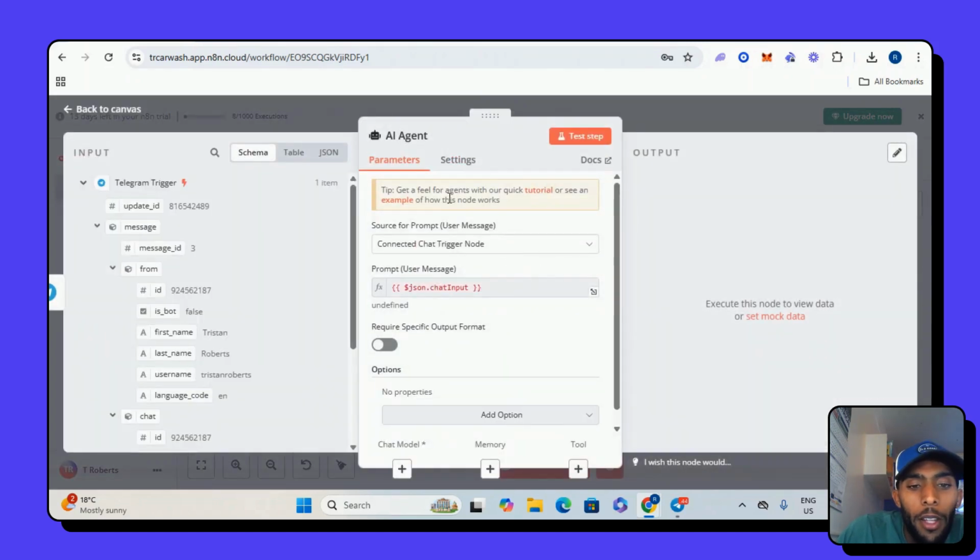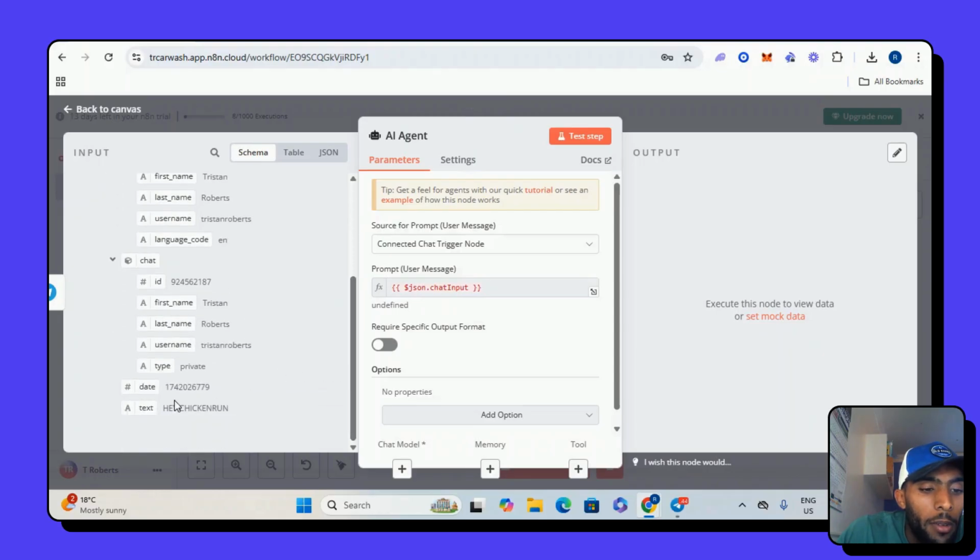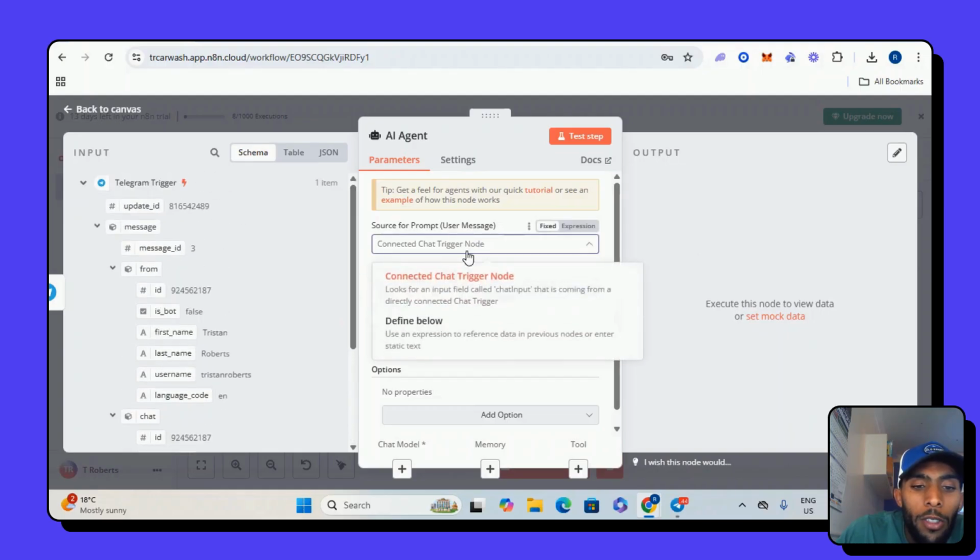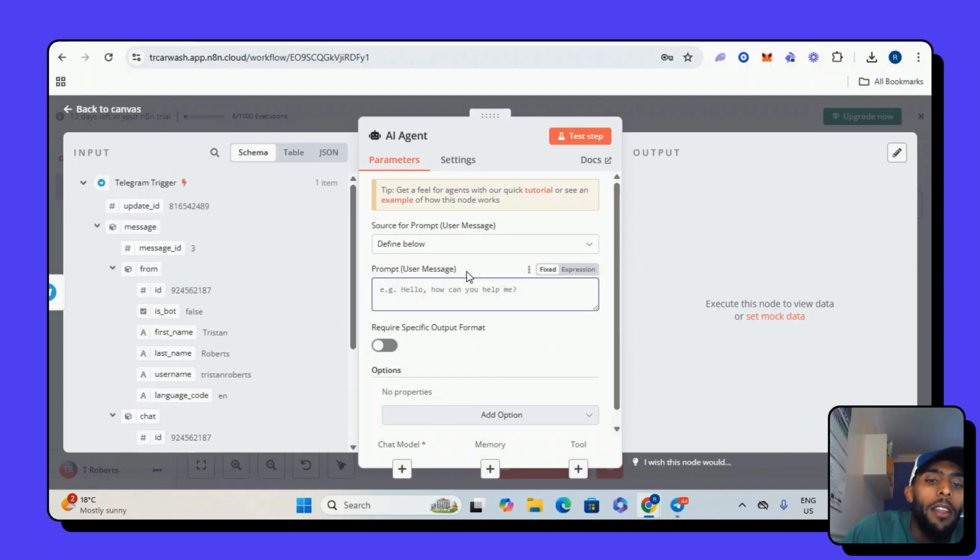Once you come here, we will see our Telegram inputs on the left. And if you scroll down, if I can get it right, we'll see hey chicken. So this is from our Telegram. Remember, it's coming from Telegram, and now we're trying to move it into our AI agent, and then hopefully we get the output. Okay, so let's scroll up. So now we want to change this to define, and then our AI agent needs a message. Hello, how can I help you today?